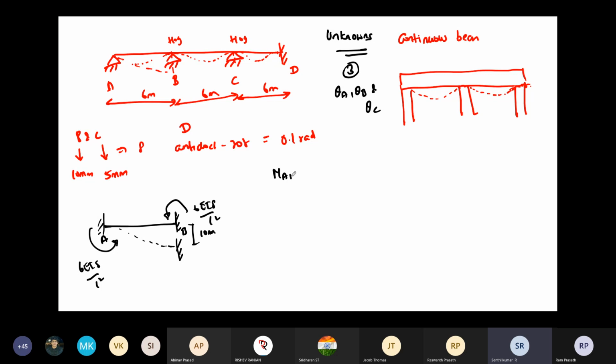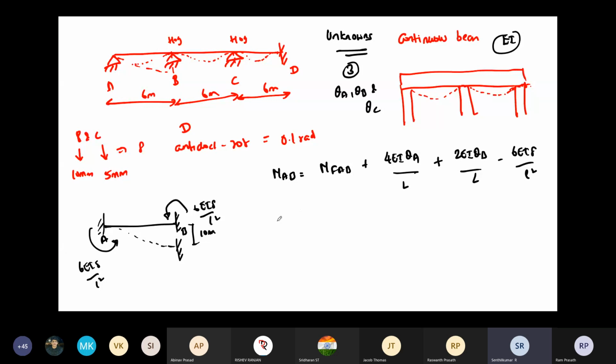So your equation will be, if I want to find out MAB, MFAB, that is due to loading, plus 4EI theta A by L, and then plus 2EI theta B by L. Please take EI as a constant. Okay, that value I will give later. As of now, EI throughout the beam is constant. Now, plus 6EI delta by L square or minus 6EI delta by L square. What is this? Clockwise or anti-clockwise? This is anti-clockwise, right? So minus 6EI delta by L square.